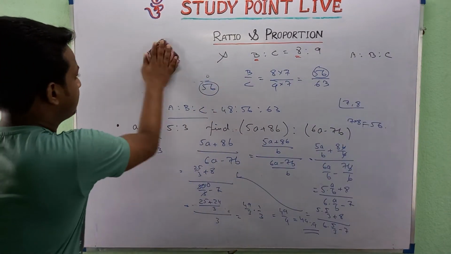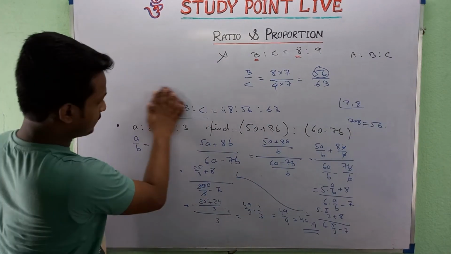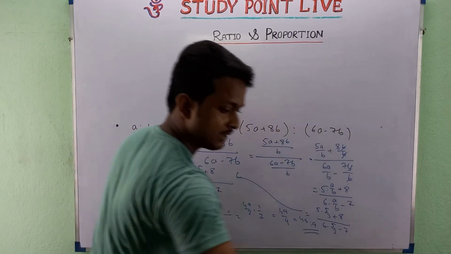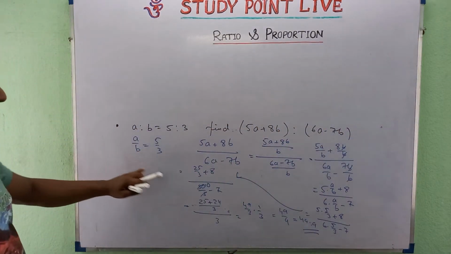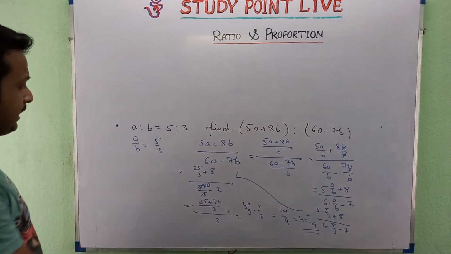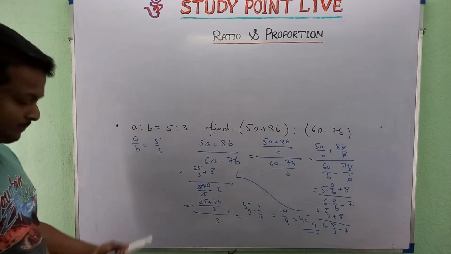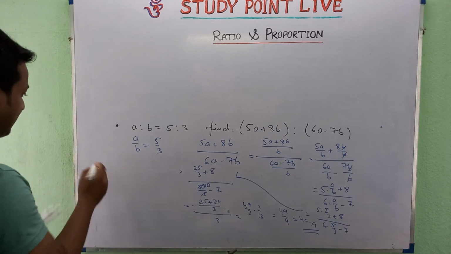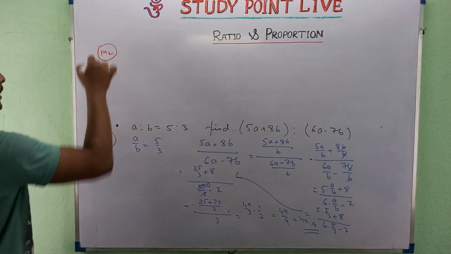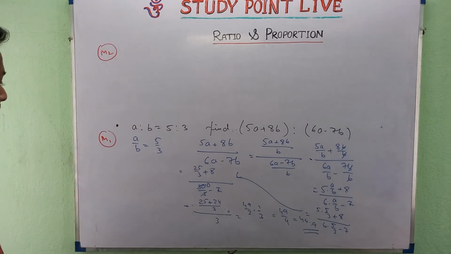See, let me rub this one, then I will solve this problem only with another method. See, here we have divided both the numerator and the denominator by b, and we have made the ratio only a by b. Now if we want to solve it by another method, say this is method 1. Now how does it look basically.